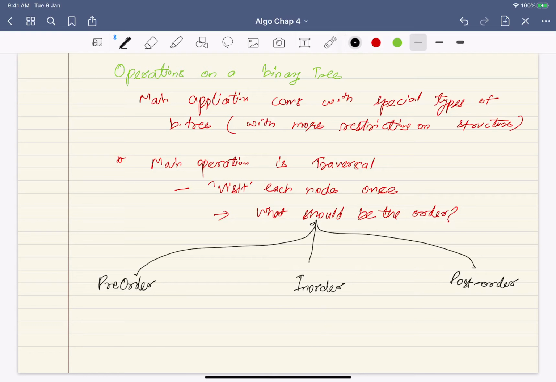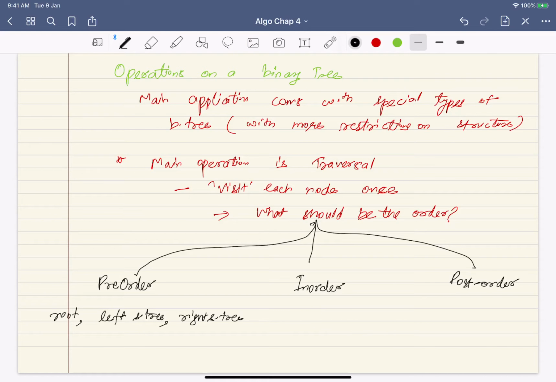And all these orders you can remember in terms of when you visit the root. Whenever we talk about binary tree, we say, okay, three things: root, left subtree, right subtree. So in pre-order, you visit the root first. So you visit the root, then you visit the left subtree, and then you visit the right subtree.